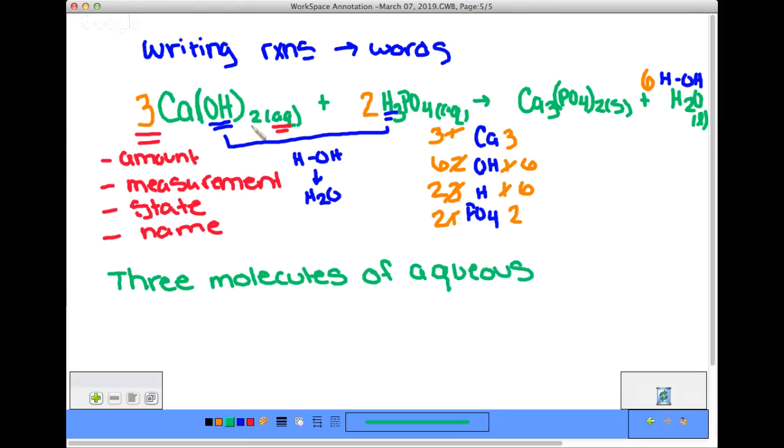And this is calcium hydroxide. So 3 molecules of aqueous calcium hydroxide. So I just named that. And what is it going to do? It's going to react with